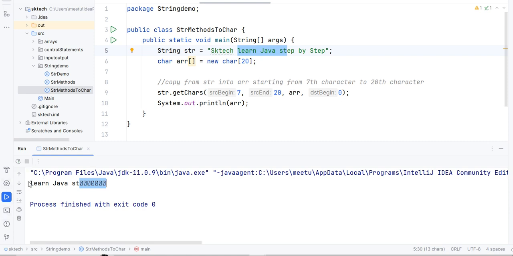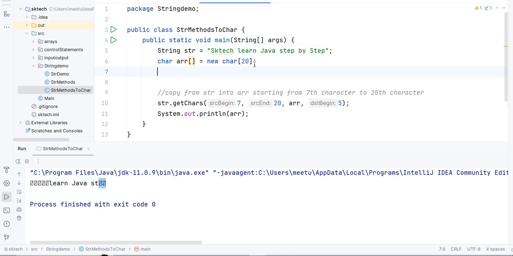So if you can see, it is starting from 0 position, right? If you provide something like 5th here, it is going to copy into the 5th position. So let's run this program and see the output. Yeah, so if you see 0 1 2 3 and 4, this 4th is some random character, and then from here to 20, 19 characters it has printed, and then the remaining part it is printing some random character.